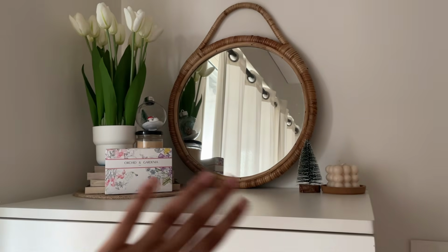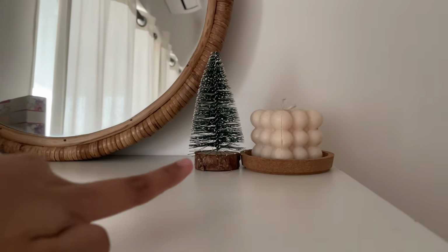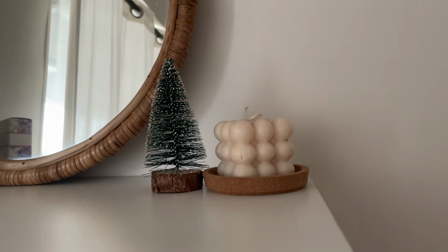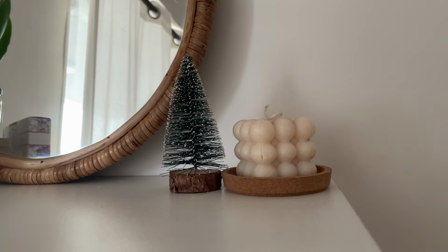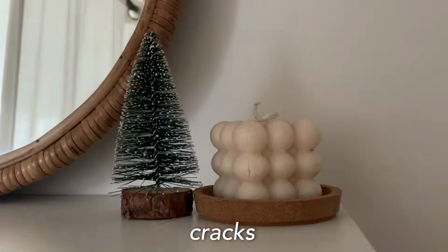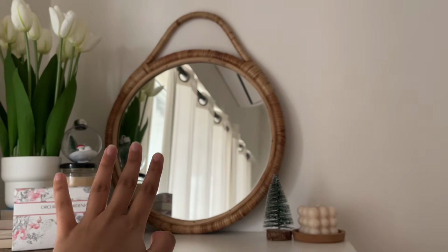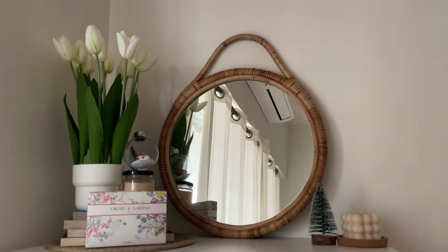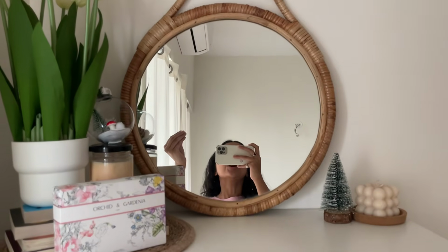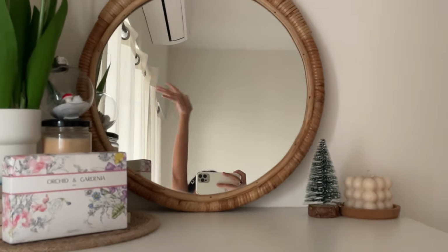Okay, coming to this area again, I love it. I am obsessed. I recently put this cute Christmas tree that I got from Hill Road. This candle, I don't remember, some small business sent to me long back, but I still have it. It sort of has cracks now. This is from Country Bean, and this mirror is from an Instagram page called Staple East. I am obsessed. I wish I was tall enough to actually use this mirror, but